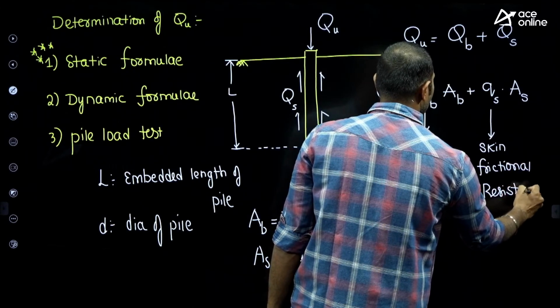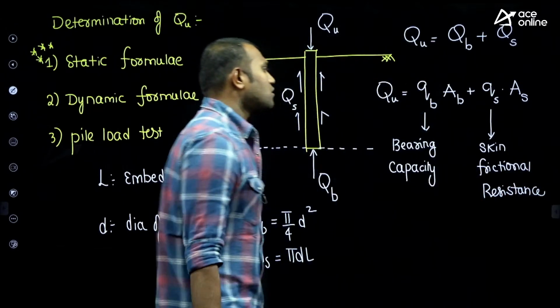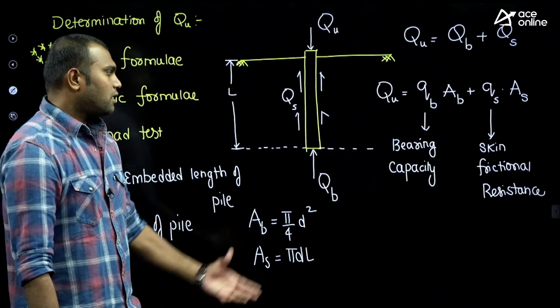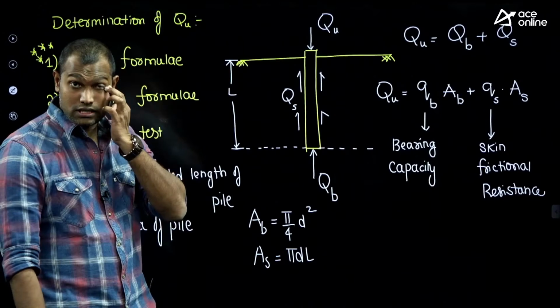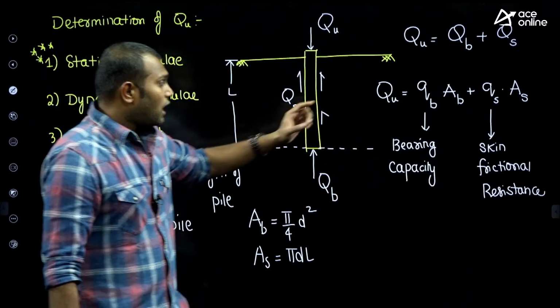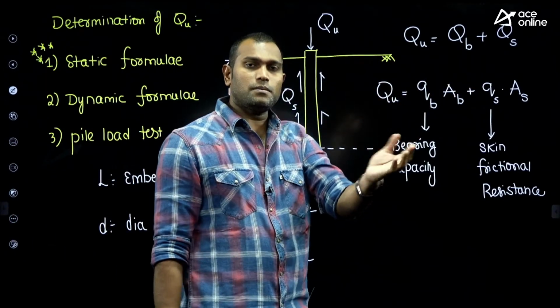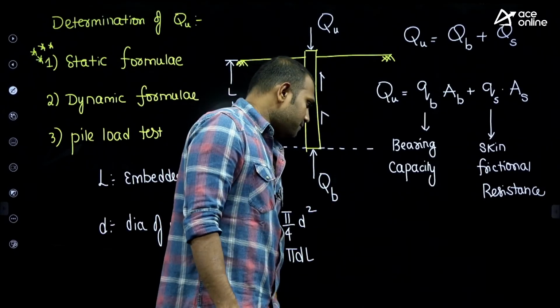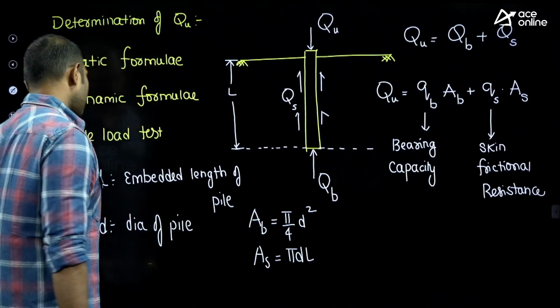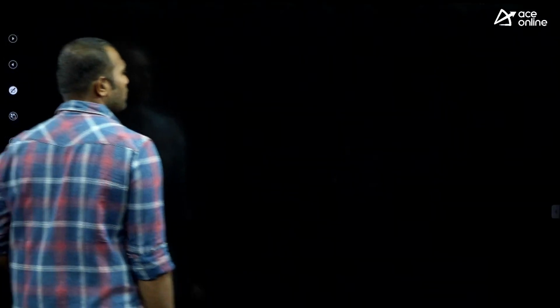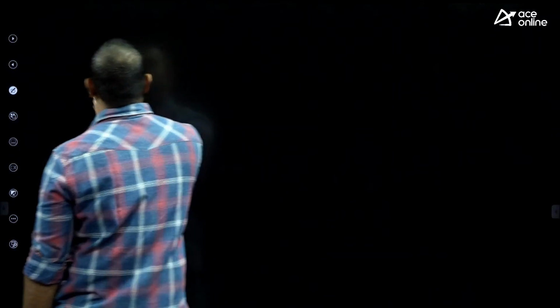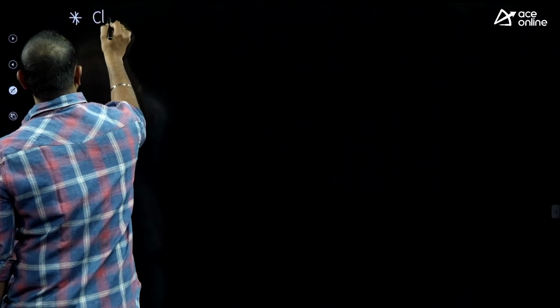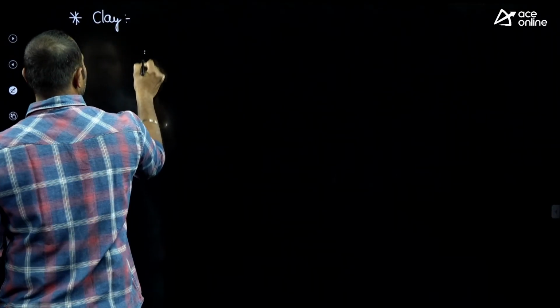Skin frictional resistance. So that is nothing but the bearing capacity, and the other one is the frictional resistance, or skin frictional resistance. And this QB and QS depend upon the type of the soil. So if the soil is clay, now have a look. In the case of the clay soil, for the same